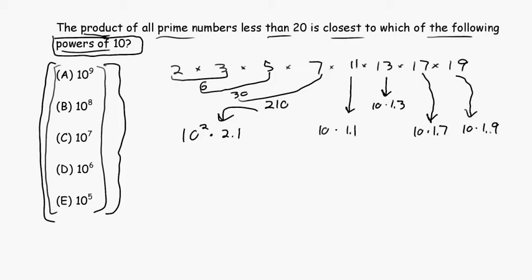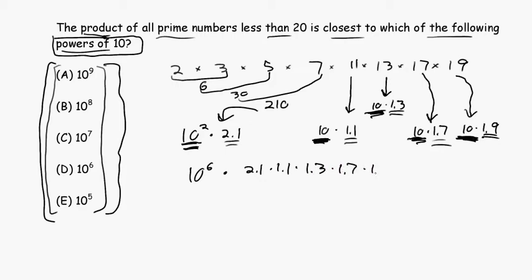So we're just figuring out generally how many tens we have in here. Here I have 1, 2, 3, 4, 5, 6. Excuse me, 6 tens. Let me just do that again: 1, 2, 3, 4, 5, 6 tens. So at this point, I have 10 to the 6, but then I also have these other numbers: this 2.1 and this 1.1 and this 1.3 and 1.7 and 1.9. So it's also going to be 10 to the 6 times 2.1 times 1.1 times 1.3 times 1.7 times 1.9, which you might